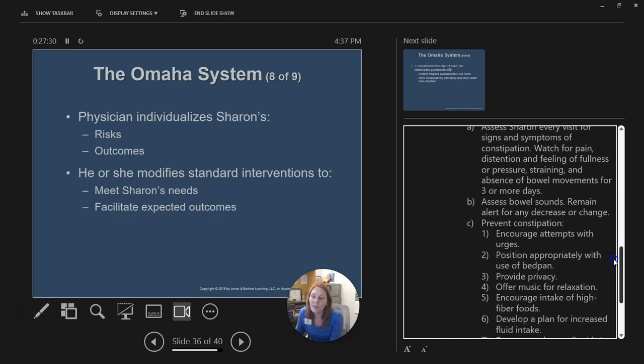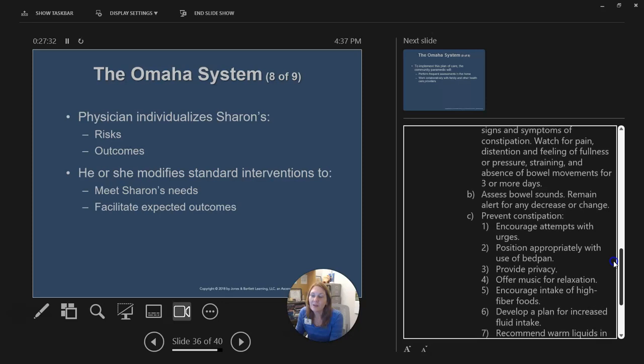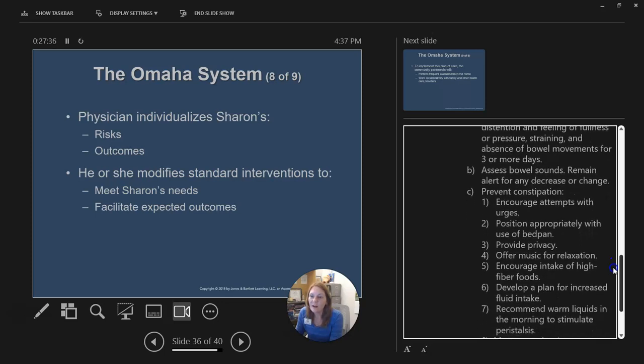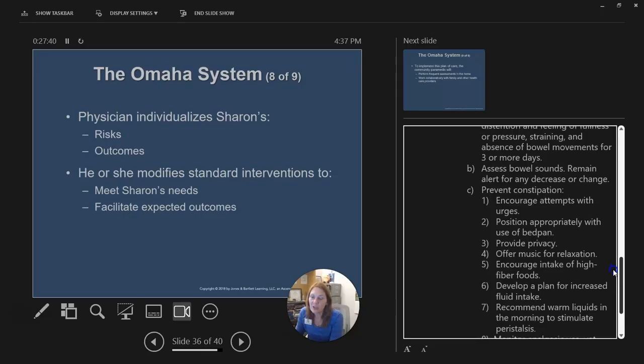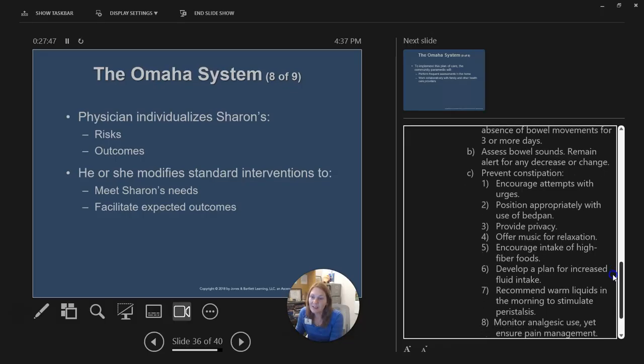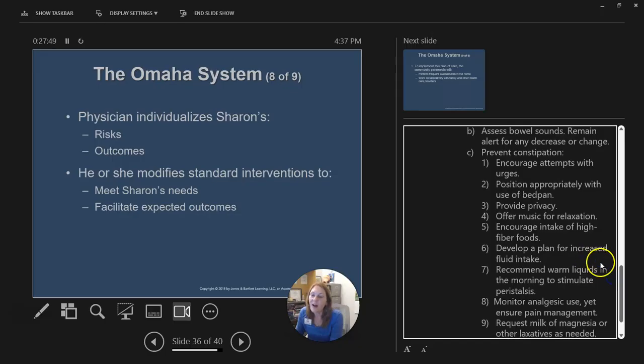We're going to listen for bowel sounds. We're going to remain alert for any decrease or change within these sounds. And to prevent constipation, we're going to encourage them to go anytime they feel the urge. Position appropriately with the use of bedpan, give them privacy, maybe offer music for relaxation, encourage intake of high fiber